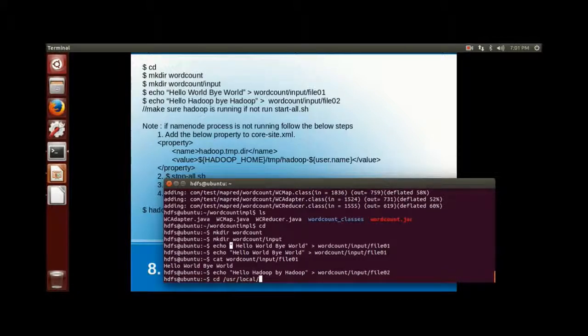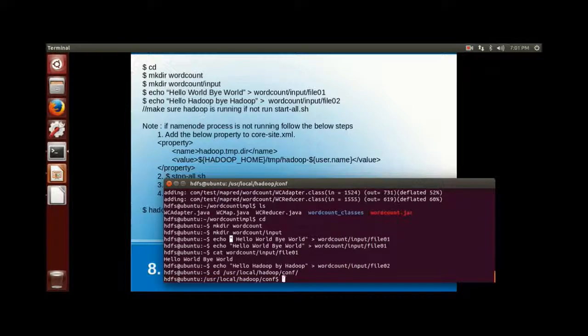Now update the core-site.xml with the Hadoop temp directory, which is in the /usr/local/hadoop conf directory.